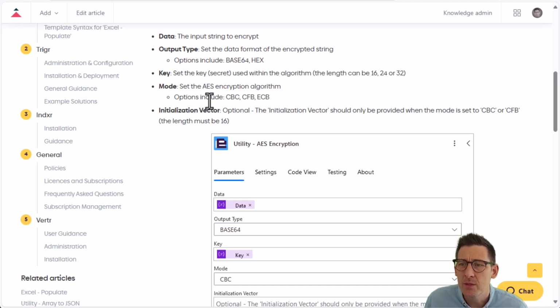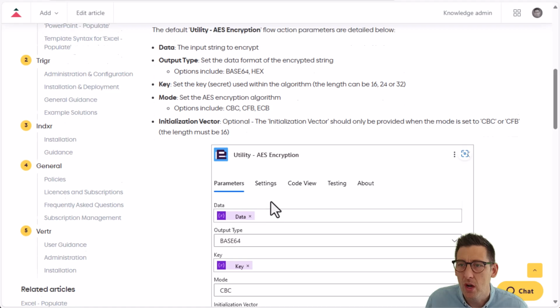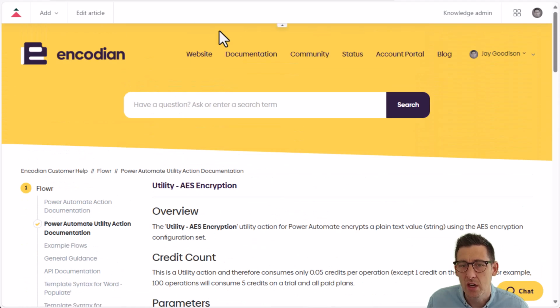And then from a mode perspective, we can choose between ECB, CBC and CFB, noting that if you go with CBC or CFB, then you must provide an initialization vector, which is a 16-character string, which is effectively used to harden the encryption. So today, what we're going to do, we're going to build a really simple flow to